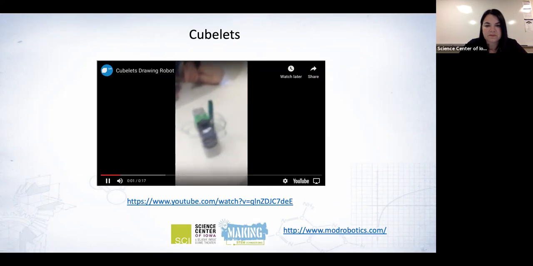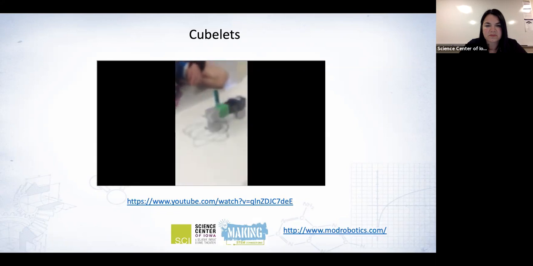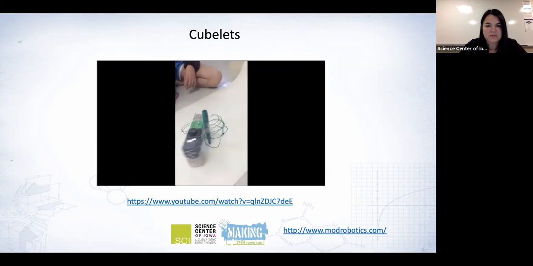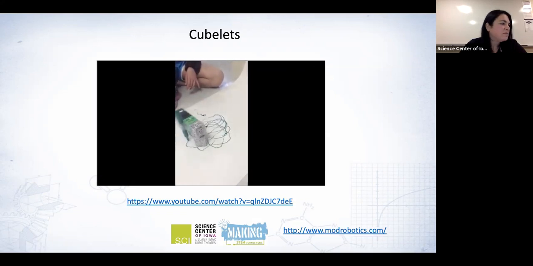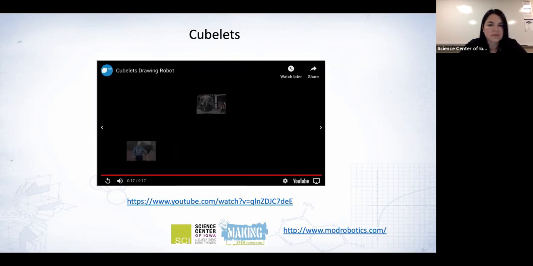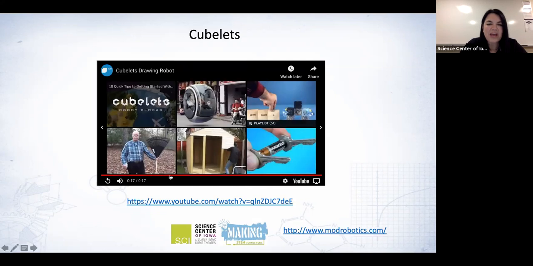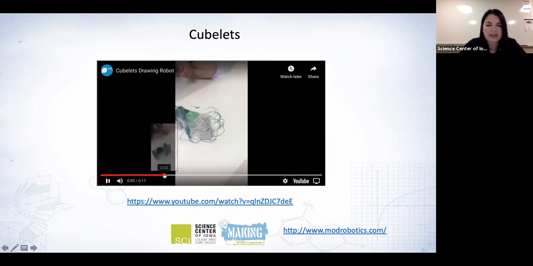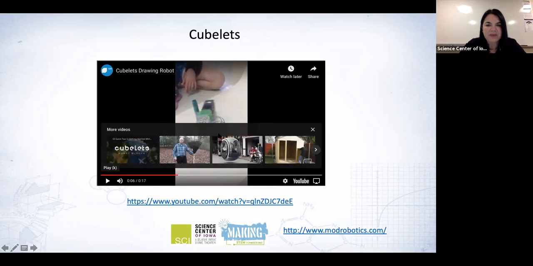Look at that, faster. When it's faster, it's like one of those little symbol things. Yay, it's drawing. What I like about that, let's see if I can pause it, okay,